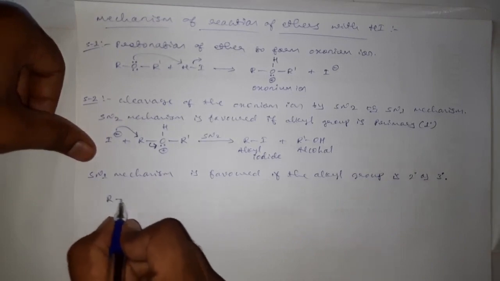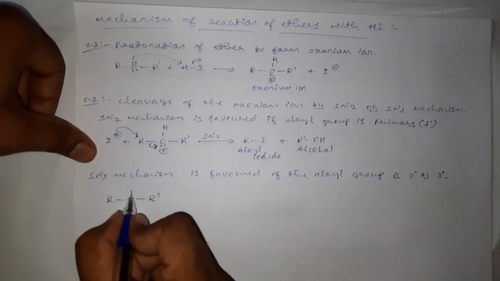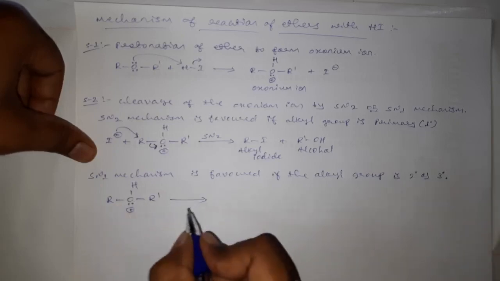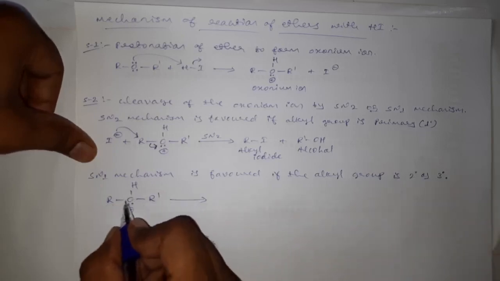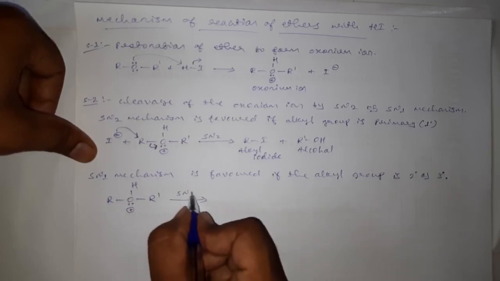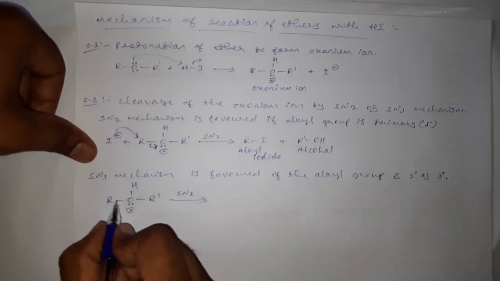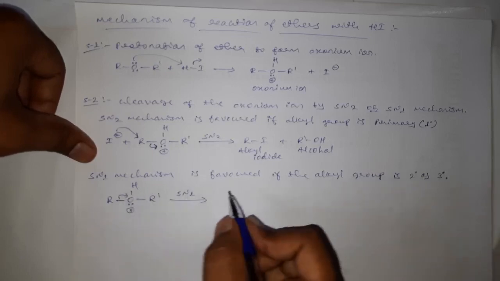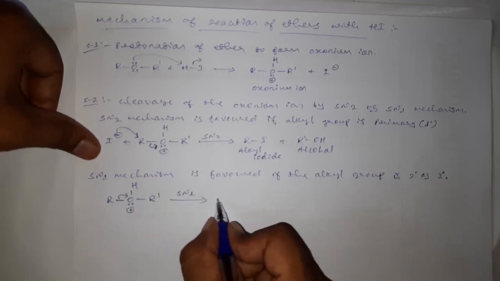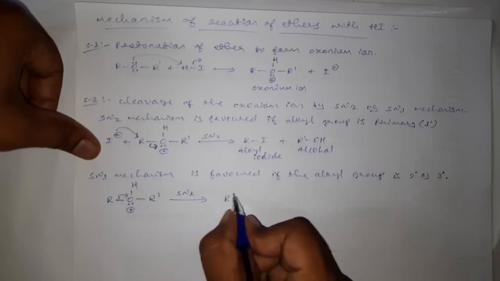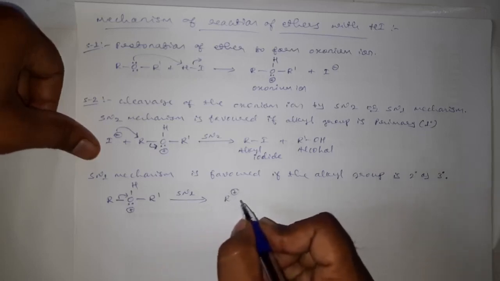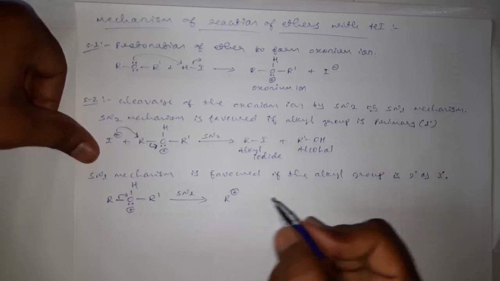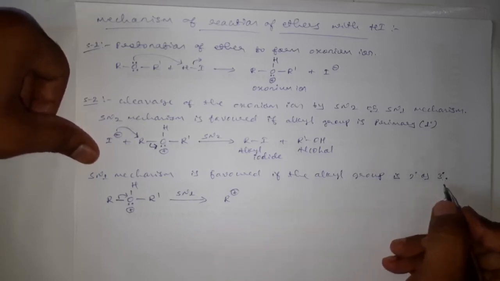See, R-O-R', this is an oxonium ion, and consider if these two are secondary or tertiary, then it will follow SN1 mechanism, and here this bonded pair of electrons will now move towards oxygen and forms R plus, that is alkyl positive charge or carbocation, because secondary and tertiary carbocations are more stable as compared to